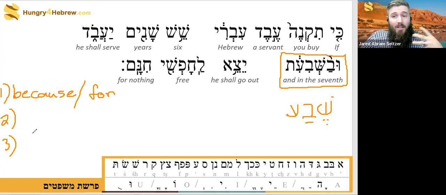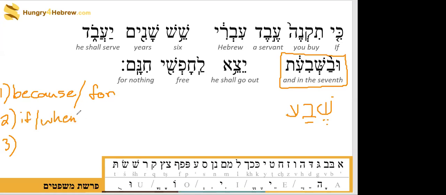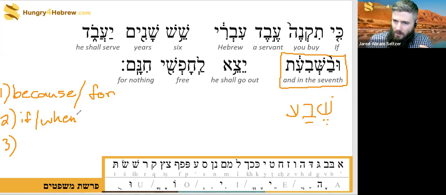It could present, yes, exactly. Here it's being translated as "if," but "if" and "when" go together. So in a certain case, the fancy word for this is casuistic, but we'll just say "if" or "when." Should these certain criteria be met, blah, blah, blah. If or when. And then the last one,